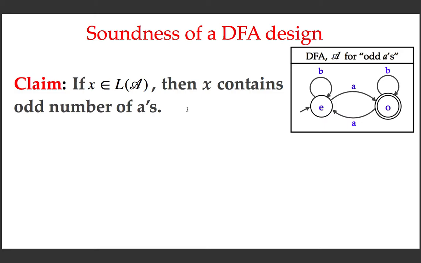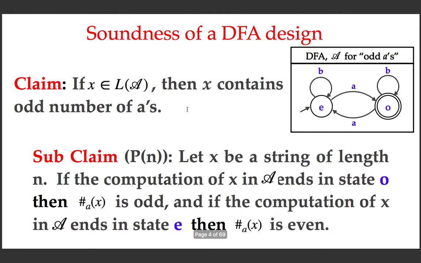This is what we have to prove. And to prove it, we will be proving a subclaim first. And what is the subclaim? It is a predicate on a natural number, P of n. And what is this predicate? Let X be a string of length n. Then if the computation of X in A ends in state O, then the number of A's in X is odd. And if the computation of X ends in the state E, then the number of A's